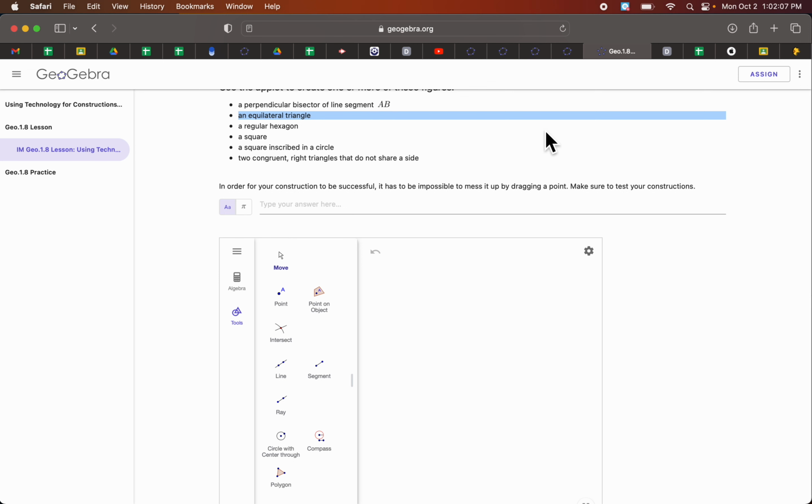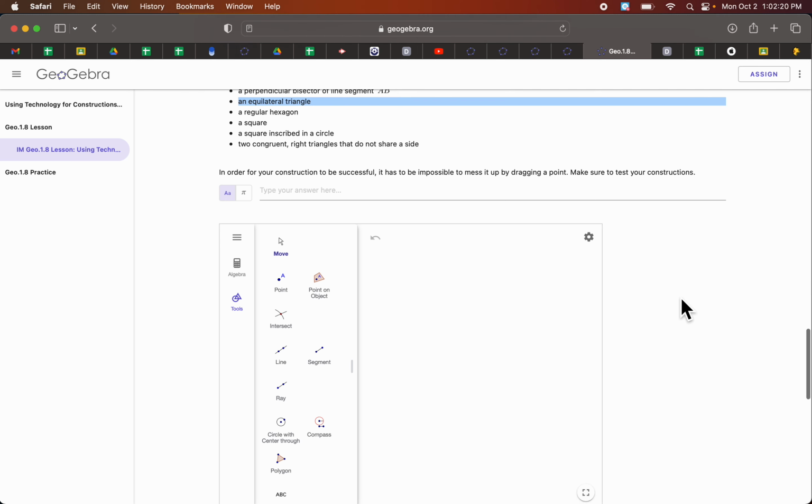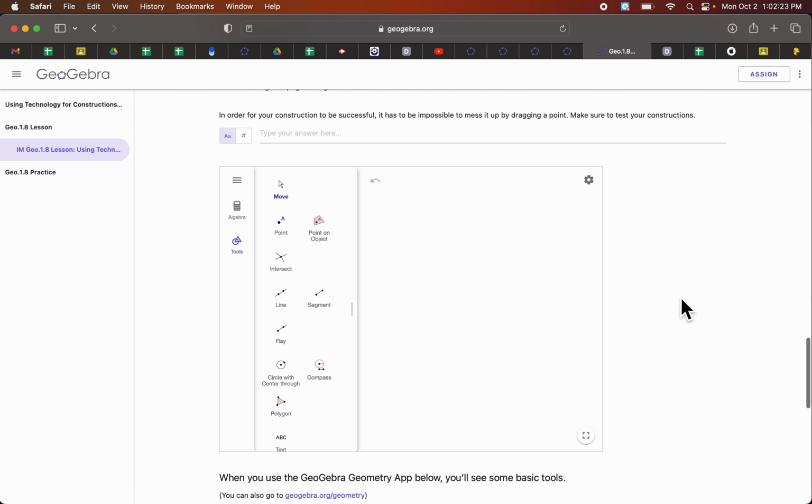Equiangular means all equal angles. Okay? Equilateral means equal sides. Equiangular means all equal angles. We're going to make an equilateral triangle, and then we're going to talk about how we know whether or not